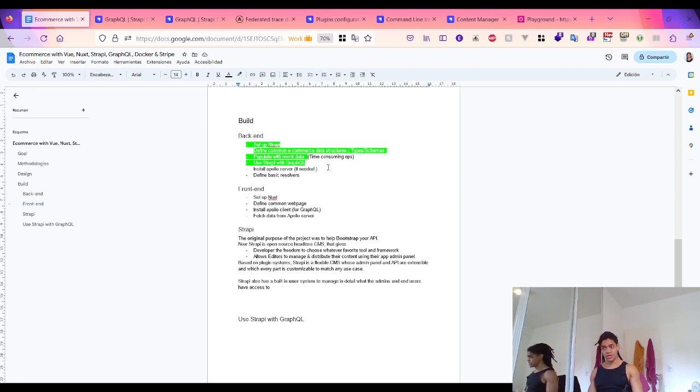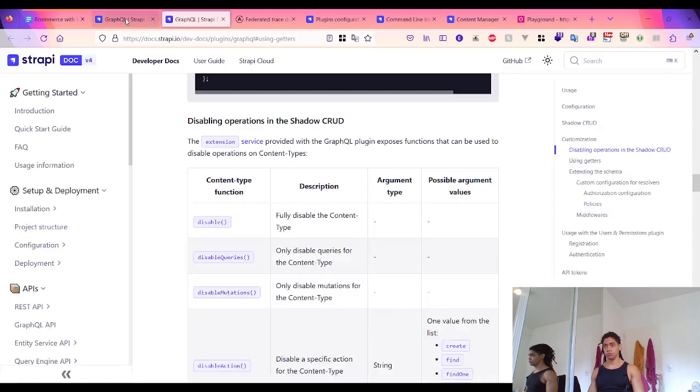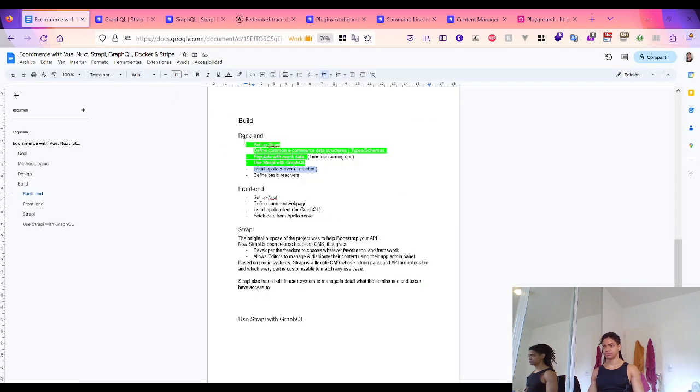There is no need to install Apollo server, because the plugin already installed that, and you can pass some objects to configure it behind the scenes. Cool, awesome. And there is no need to define basic resolvers, because one of the cool things of this is that Strapi